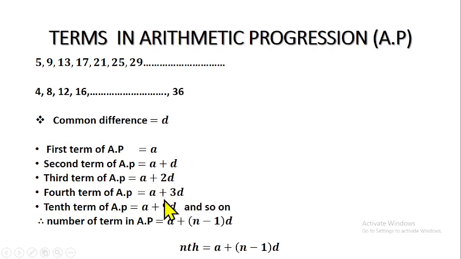Give us 3D. Then the 10th term will give us 10 minus 1, that gives us 9 times D, and so on. So technically, if I'm looking for the nth term of an AP, I will use the formula A plus open bracket n minus 1 multiplied by D, where n here is the term you are looking for. If I'm looking for the 10th term, n will be 10. If I'm looking for the 20th term, n will be 20. If I'm looking for the 19th term, n will be 19.